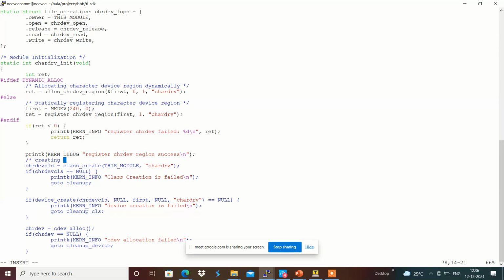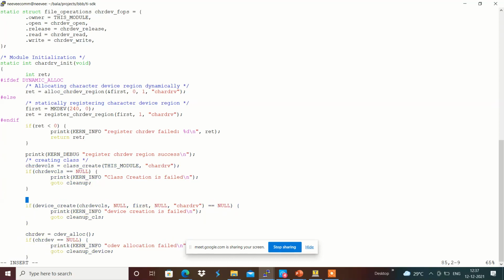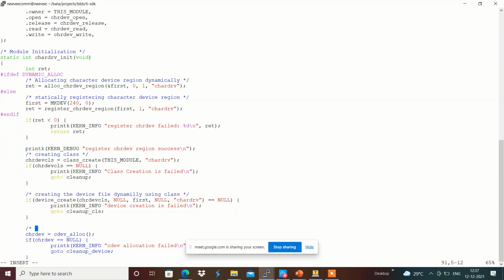for creating a device file dynamically, creating a class file here, and once the class is created, based on the class we are creating a device file, creating the device file dynamically using class accordingly over here. And once we are done, we are allocating the character device structure, the cdev structure memory